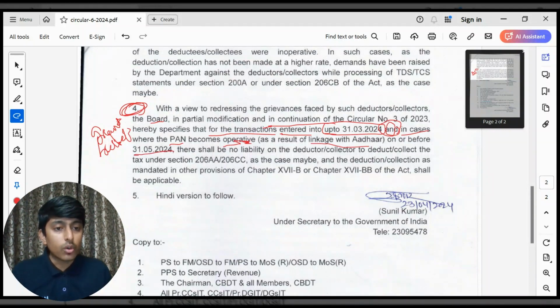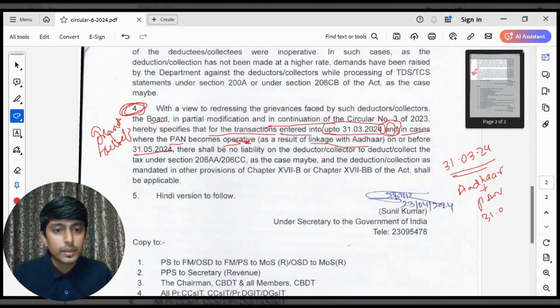All the transactions that have taken place before 31st March 2024, only those transactions where the assessee is now going to link their Aadhaar card with the PAN card on or before 31st of May 2024, only for those kinds of transactions,